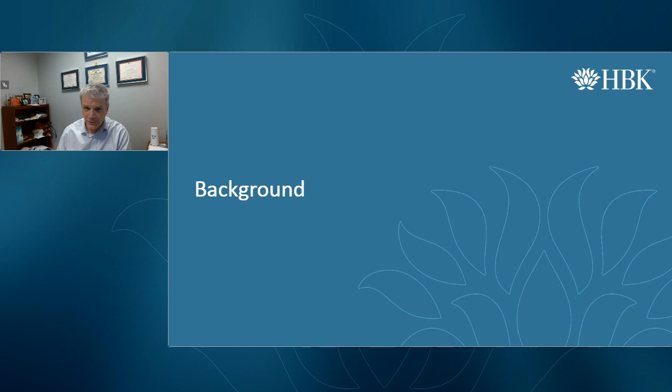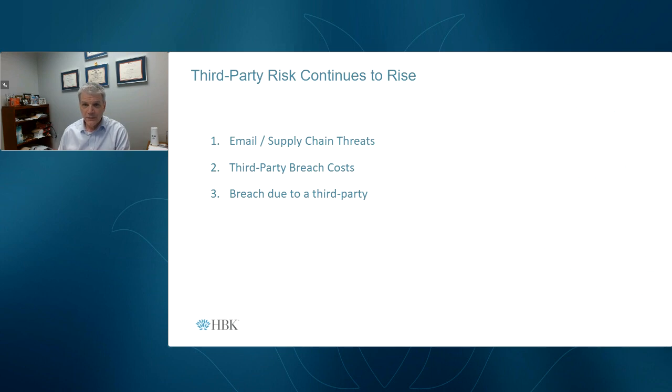So let's start on going through the agenda and our background. So here, third-party risk continues to rise, like I've said. Areas where we're seeing, where I want to talk about, is that we're seeing more in email/phishing, supply chain threats, and those continue to evolve. I think it was 2021 where everything was unknown about the SolarWinds, where the quote unquote supply chain risk came into play.